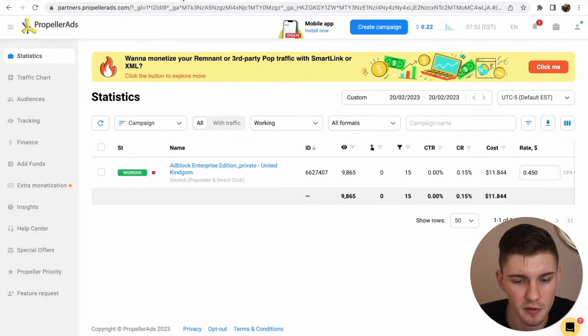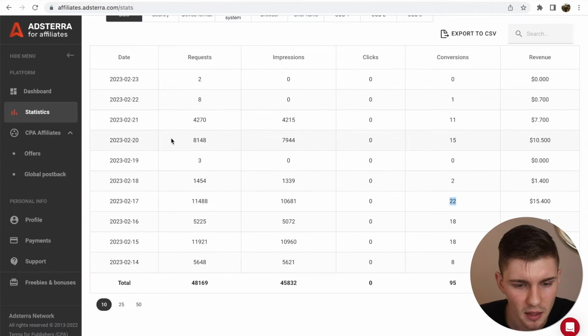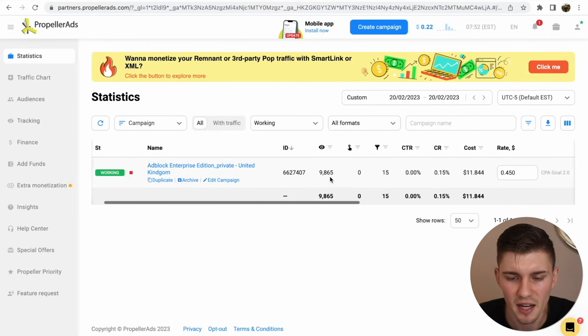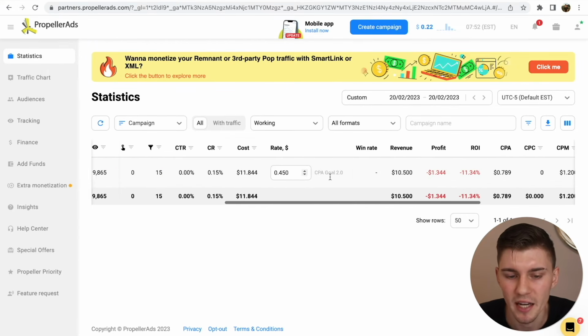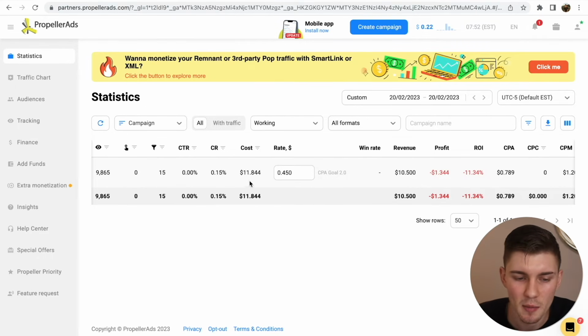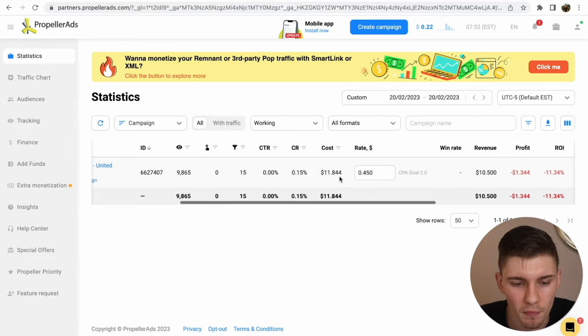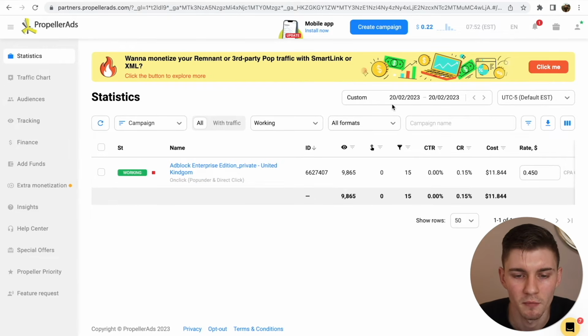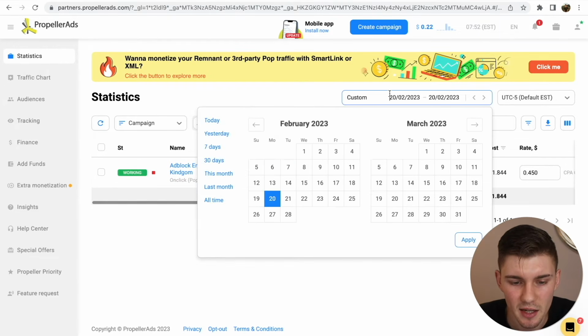All right, let's see if this corresponds. On the 20th, we had 15 conversions, okay? So that is a negative ROI of 10%. And since sometimes the campaign doesn't spend the entire budget, I let it run for one more day, all right? And on the last day, let's see,